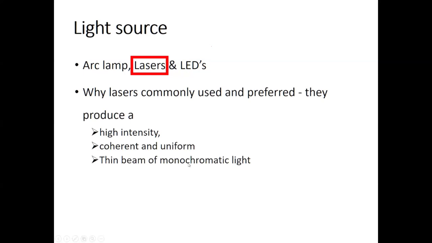And it's a thin beam of monochromatic light. Monochromatic means light of one wavelength. And why should it be thin? Because the point where it's going to interrogate is a cell, and the cell is small. So obviously the beam of light from the laser should also be thin. And as I said, it's easily focused on a small area like a sample stream. And for these reasons, we prefer the